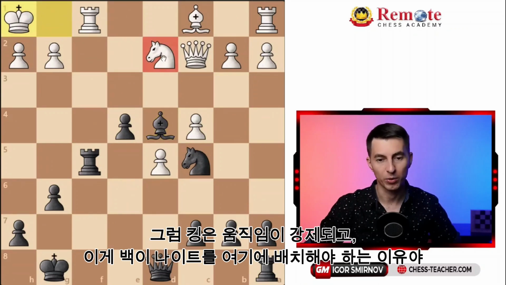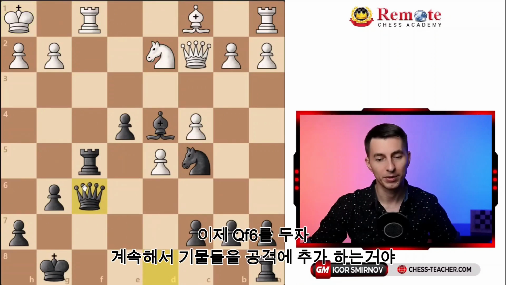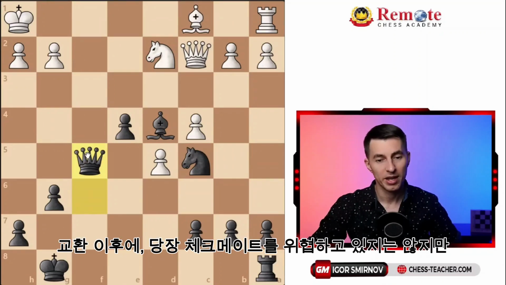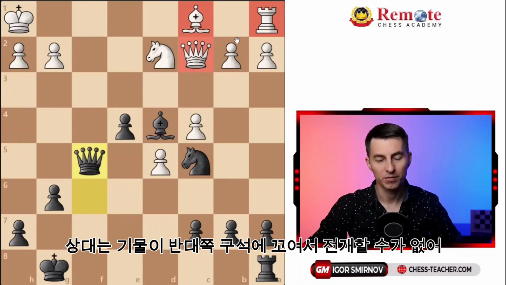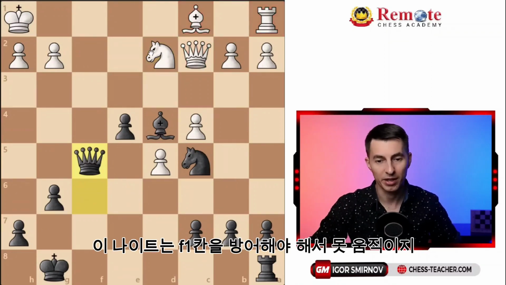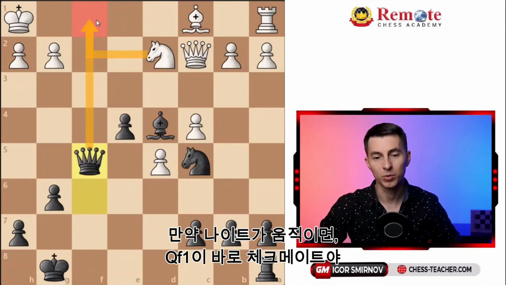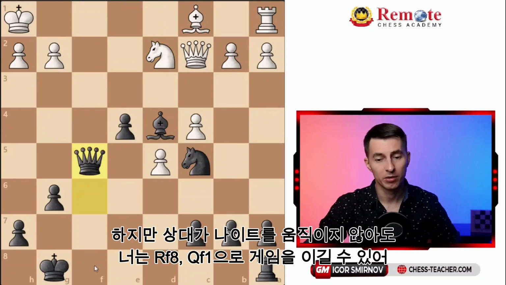The king has to move. By the way, that's why White had to keep the knight here, so that at least it guards the rook. But now we play queen f6, and we just keep bringing up pieces, and after the trade, you're not threatening mate in 1, but his pieces got stuck on the other side of the board. He cannot untangle them, really. He can't move this knight away, because it has to cover this f1 square. If the knight moves, queen f1 is going to be checkmate in 1. But if he doesn't move the knight, you're going to play rook f8 and queen f1 anyway, or you'll bring